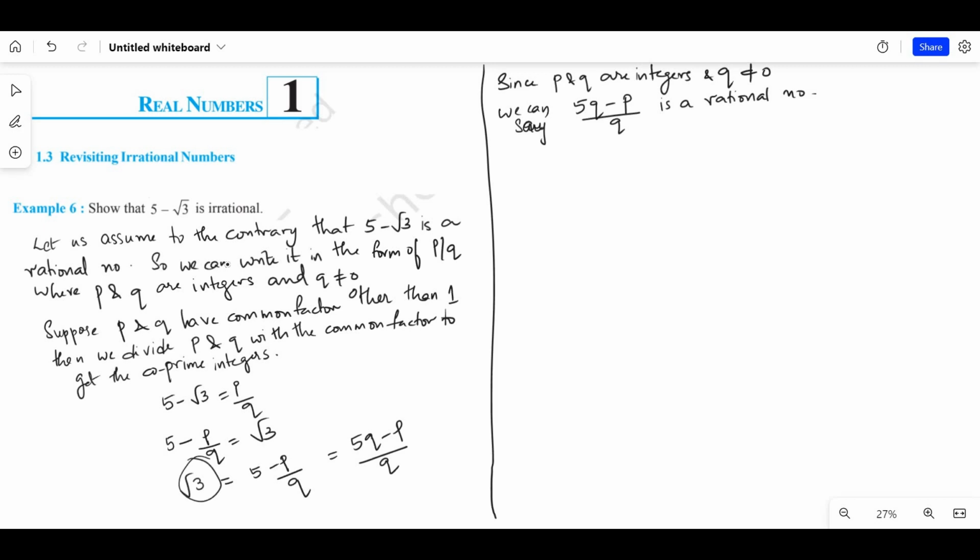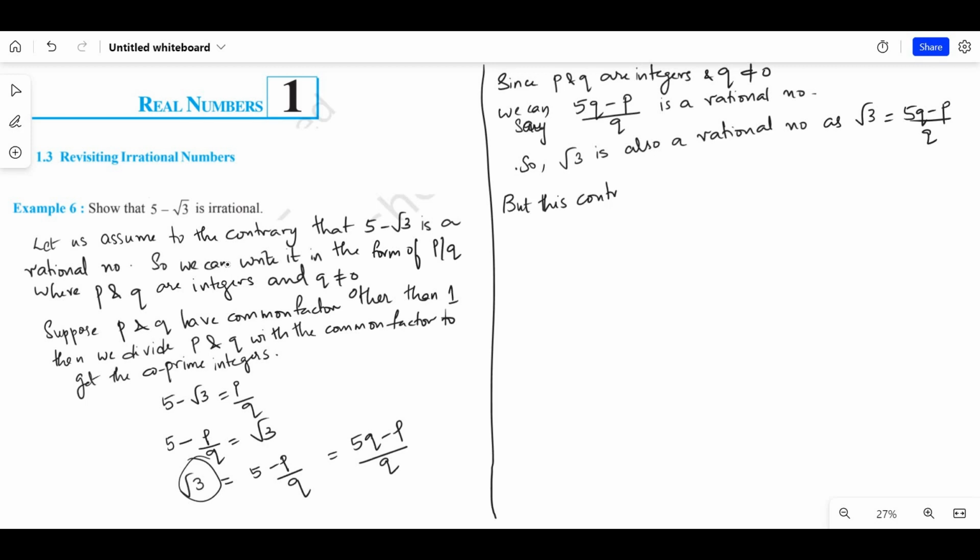Then we should say root 3 is also a rational number, which contradicts, as we have already proved in the last example, that root 3 is an irrational number. So from here we can say root 3 is also a rational number as root 3 equal to 5q minus p by q. But this contradicts